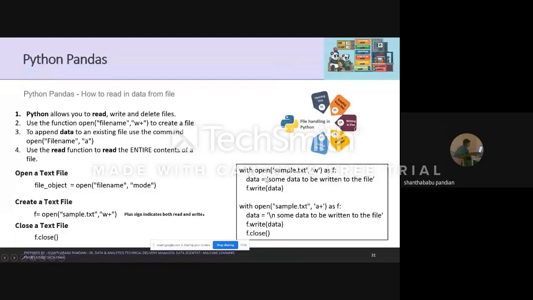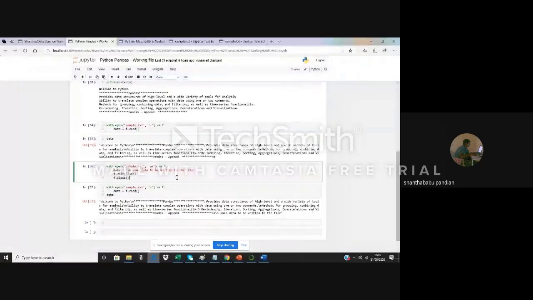So that's what I mentioned here. Here I have the same file with the with option, another way of opening the mode. Sometimes we are not able to read the data. The only difference is that this data is always going to be in the form of a list. Since we are playing with text files here, we are not using any list functions. But when we are using